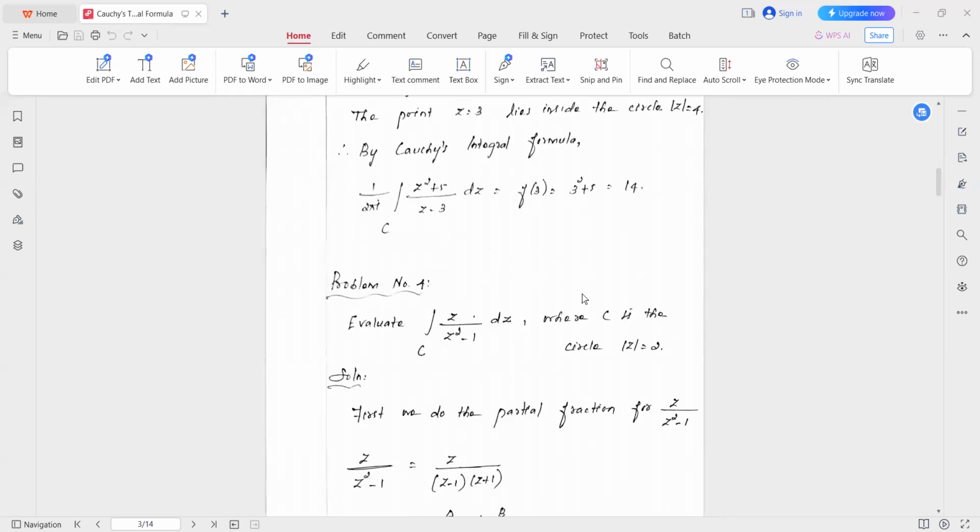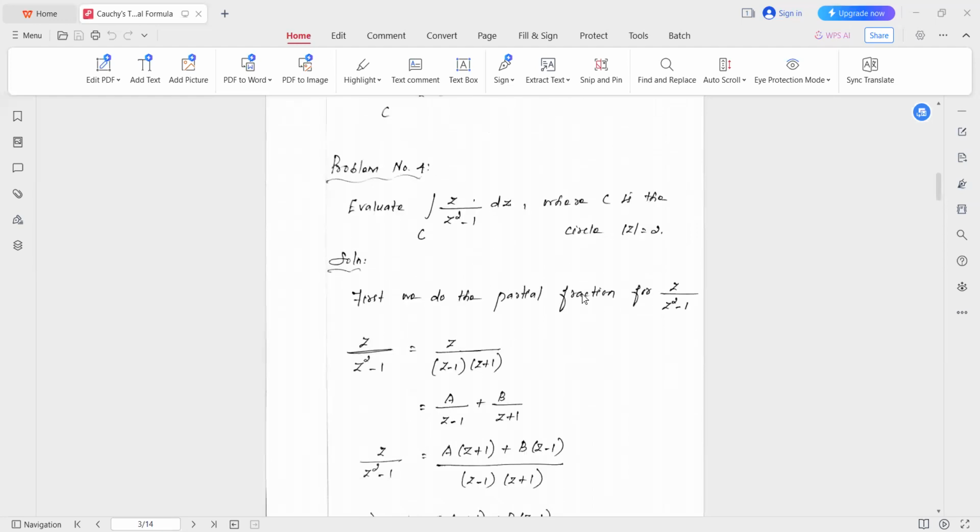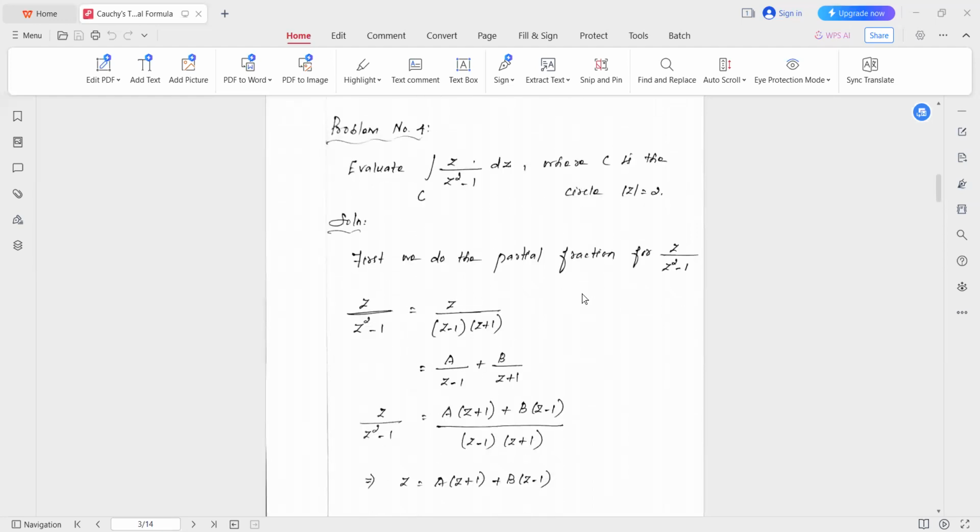Okay, so next problem: evaluate the integral over c of z by z square minus 1 dz, where c is the circle mod z equal to 2. That is a circle with the center 0 and radius 2. Okay, look at the denominator part. The function is z by z square minus 1, so the denominator part is z square minus 1. But if you need to apply Cauchy's integral formula or Cauchy's theorem,